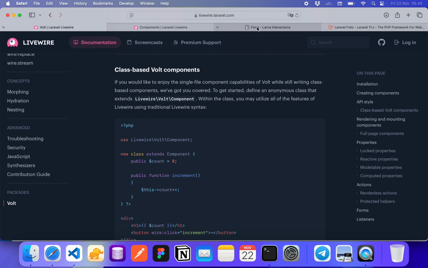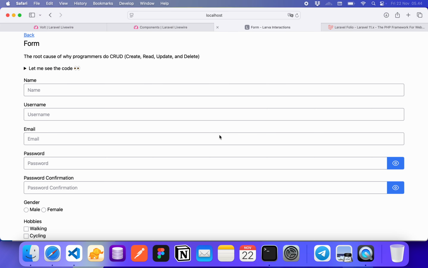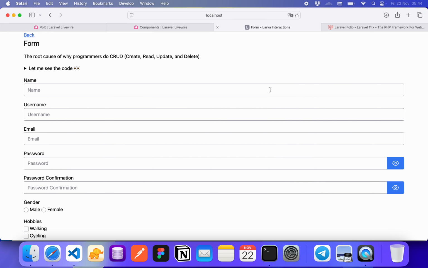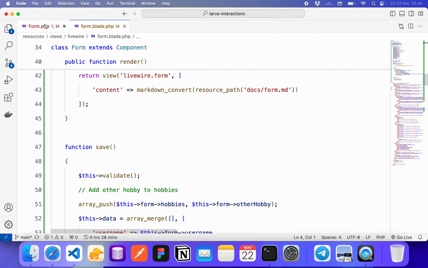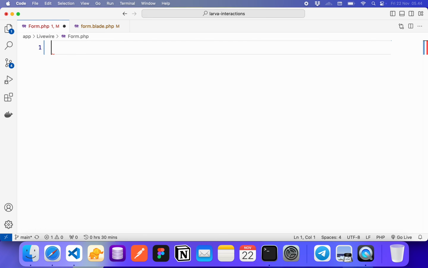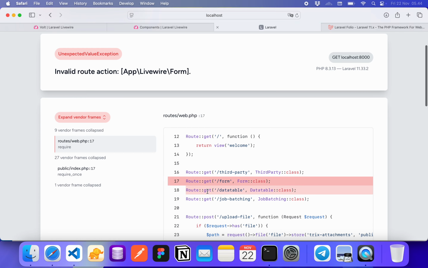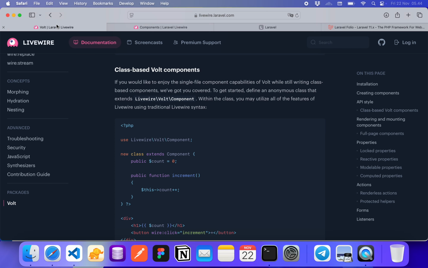If I check again, let's see, okay, it's still the same. Interesting, because I didn't save this one. Okay, I will get the error. Now the trouble is invalid route action. So if I want to make it work,